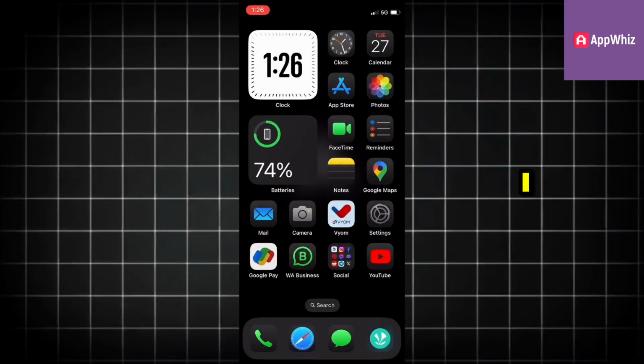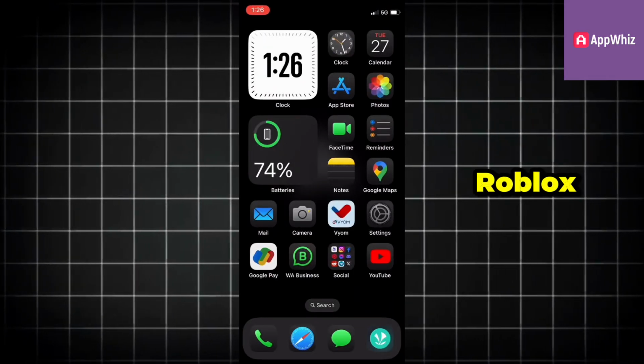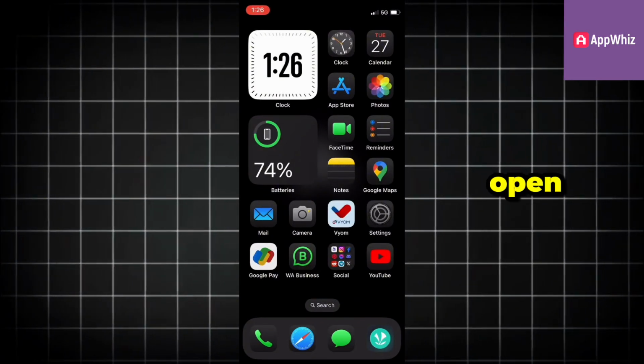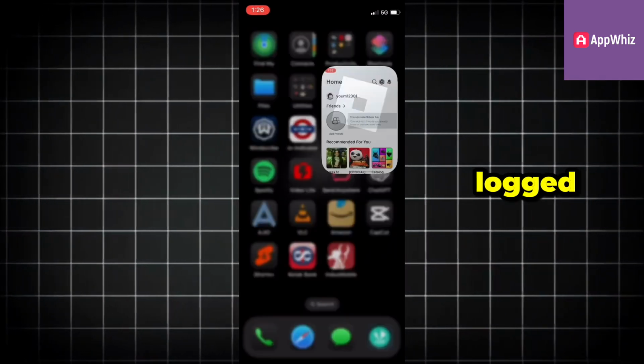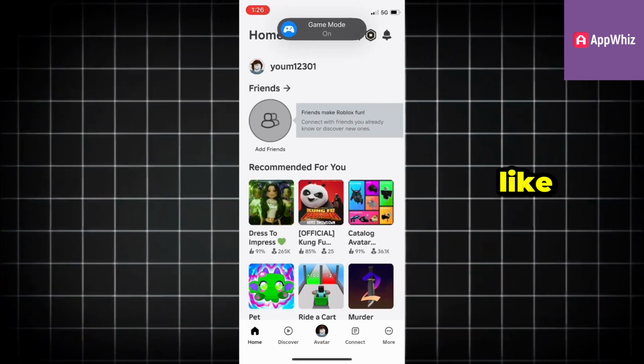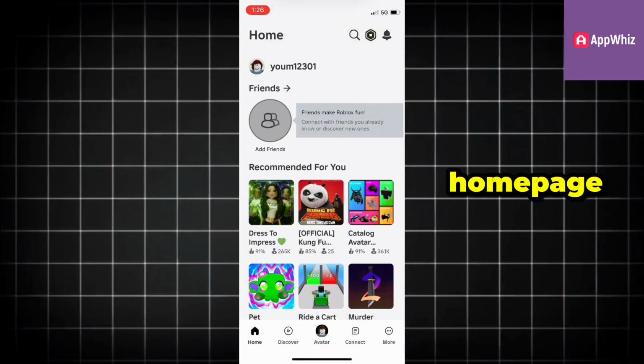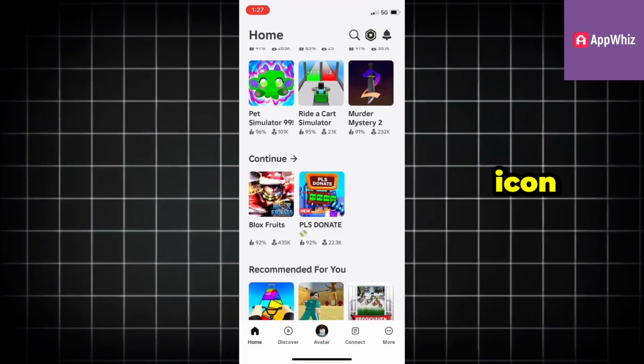In this video, I will show you how to like a game on Roblox Mobile. The first thing you'll want to do is open up Roblox on your device and log into your account. Once you're logged in, select the game that you want to like. You can find it on your home page, or you can use the search icon at the top to search